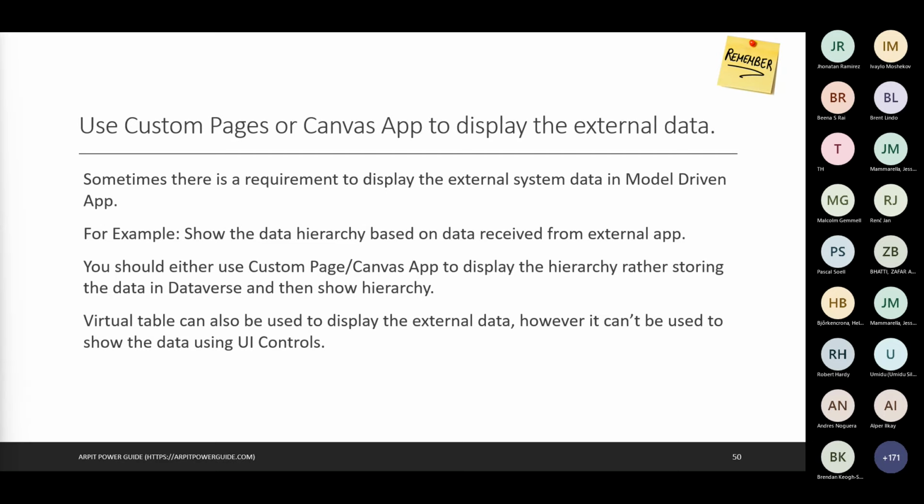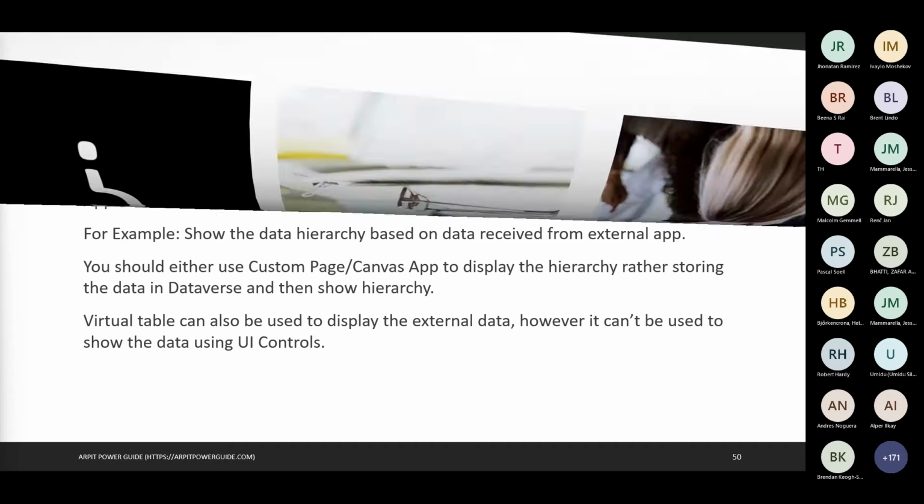Same goes with the Canvas app. Virtual table can also be used to display the external data. But if you have to design the data in a particular format on the UI controls, then virtual table is not the way, because virtual table will simply display the data. You cannot change the UI of it. But custom page and Canvas app can do it. So these are all the things that I have shared